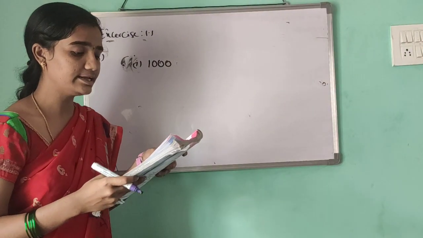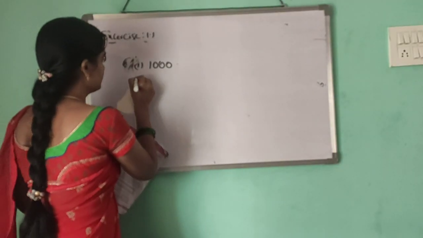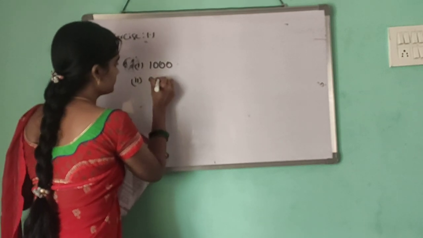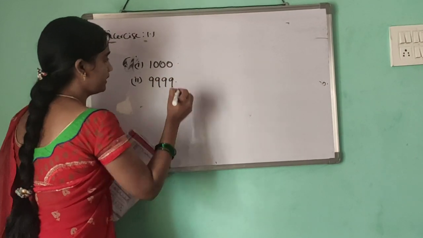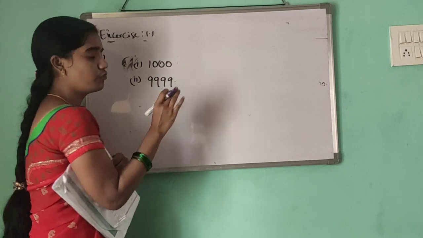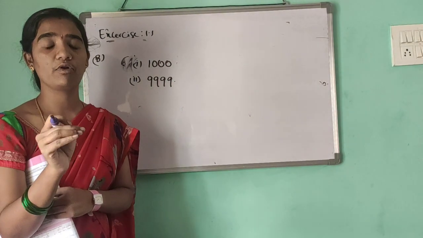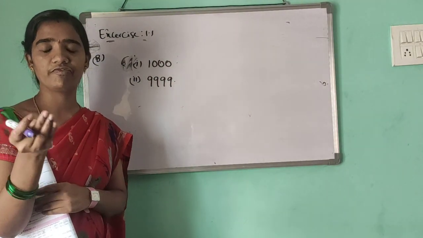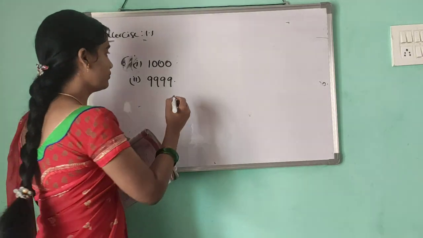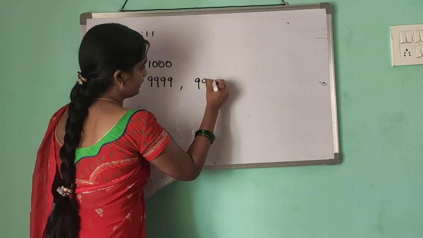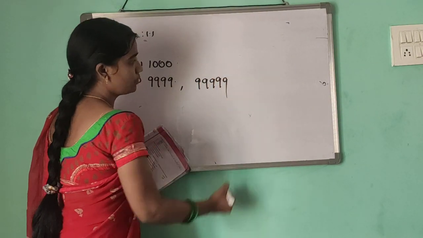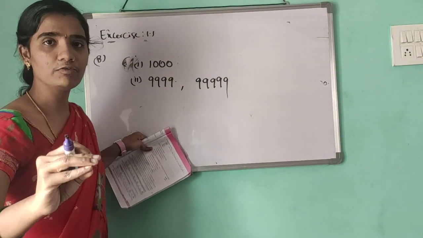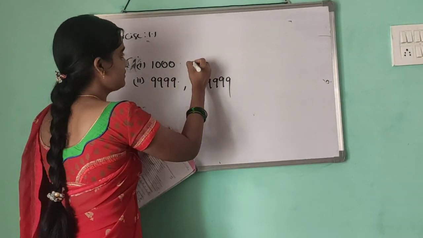Write the greatest 4-digit number. The greatest 4-digit number is 9999. Double nine, for the greatest number. For example, if we ask for the greatest 5-digit number, what can we write? Five nines. Okay. For the smallest 5-digit number, we can write